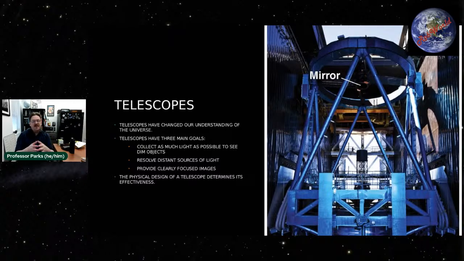More specifically, the larger the light collecting area of a telescope, the fainter you can see. So one of the reasons why JWST, for example, which is a 6-meter telescope, is doing such amazing work and really surpassing what Hubble has done is that it's 3 times larger than Hubble. The JWST has a primary mirror of about 6 meters, whereas Hubble had a primary mirror of about 2 meters.